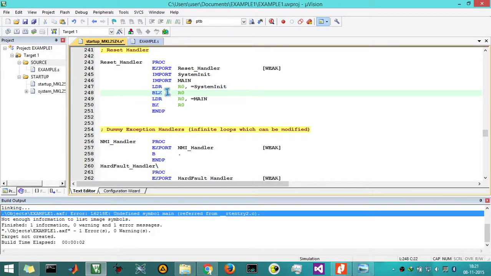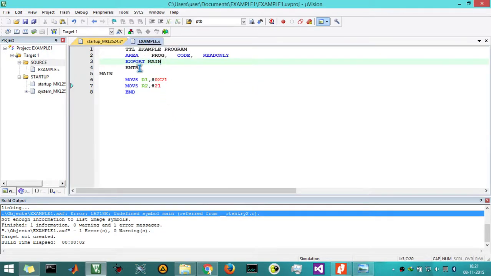So it will branch to this location by linking with the link register. So system init will get an address into R0, and to that address location we are going to branch our computer to execute.